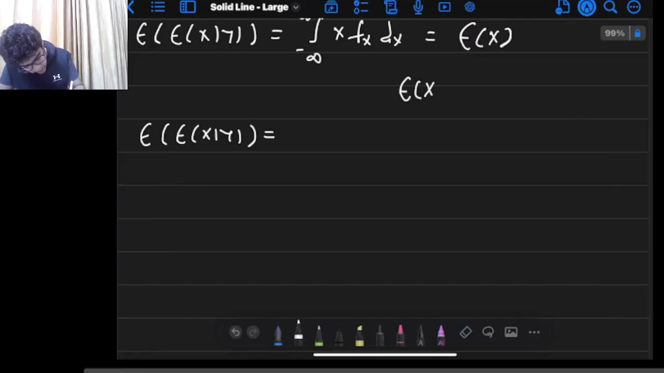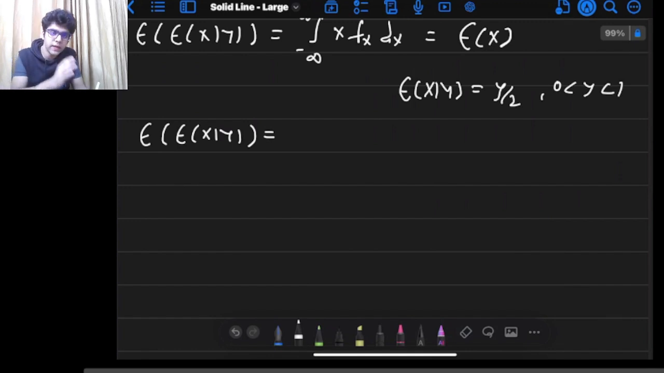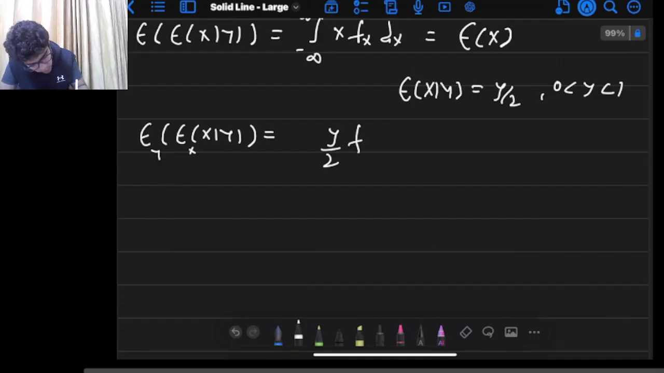This expected value of x conditional y was y by 2, where y lies between 0 and 1. Now we need to find the expected value of the conditional distribution x conditional y with respect to y only. So this is E of y, this is E of x. So now we need to compute this. So this is y by 2, and we need to compute the expected value of this with respect to y. So y by 2 f of y dy, and the limits for y are 0 to 1,